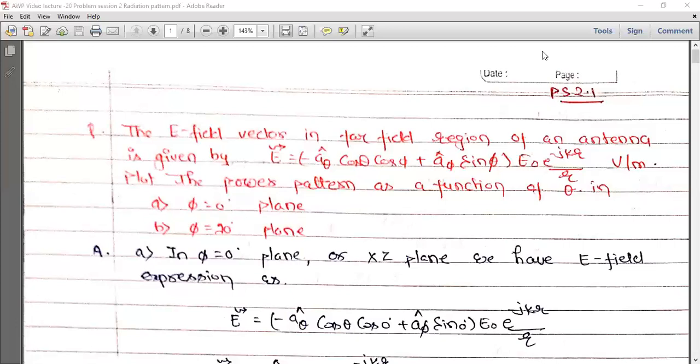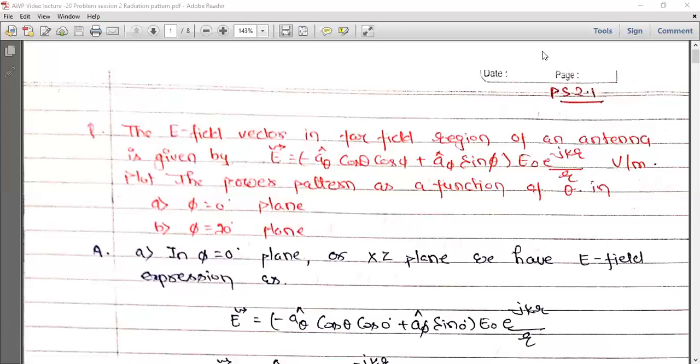Or you should say, if you want to compare these two waves, their magnitudes or their strength at the same distance. Suppose L distance along the y-axis and suppose L distance along the z-axis. So their magnitude at the same distance along the y-axis and z-axis, the magnitude will be more in the y direction because more power is radiated along the y direction, and it is less along the z direction as less power is radiated along the z direction.